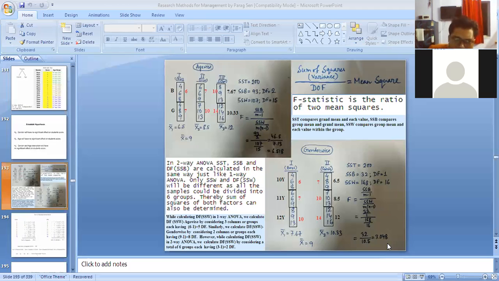Now I would like to tell you how to do the calculation for the two-way ANOVA. You can easily understand that for the two-way ANOVA, the sum of square total will be